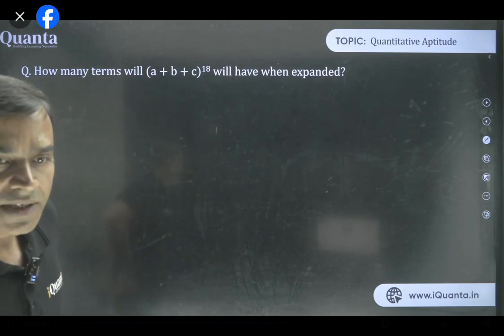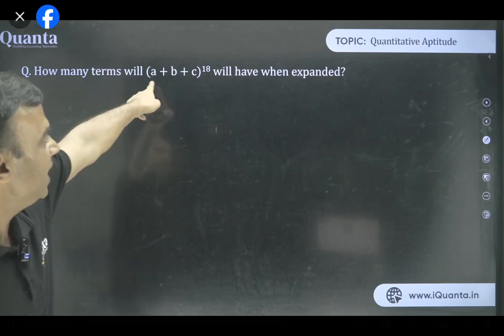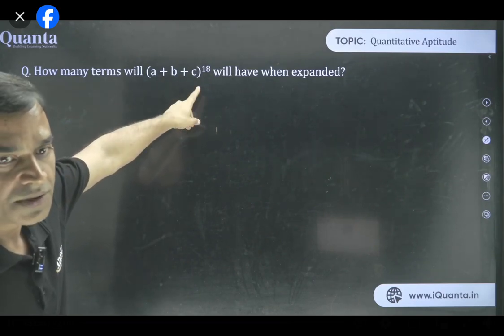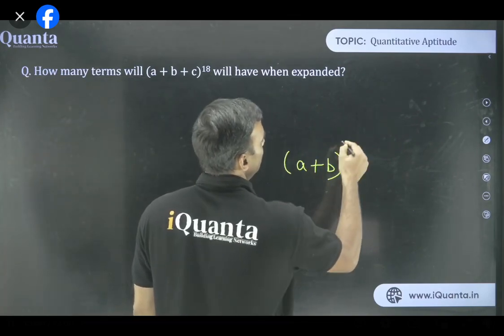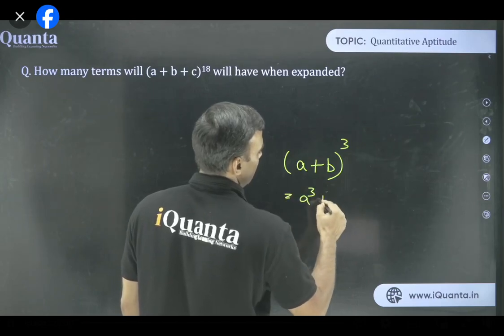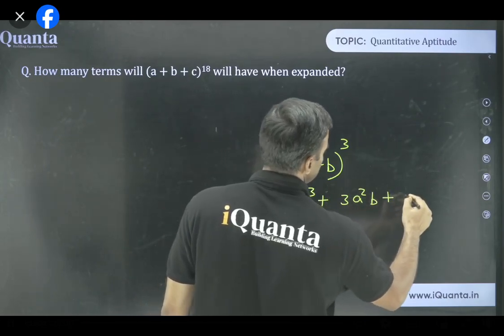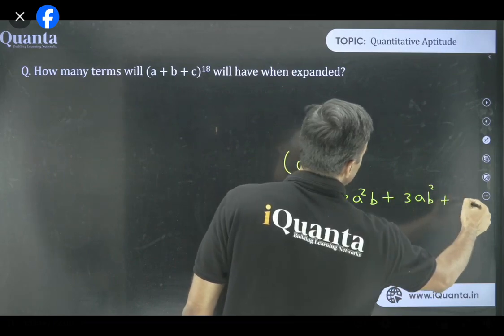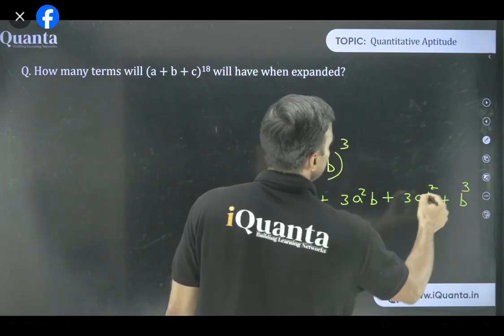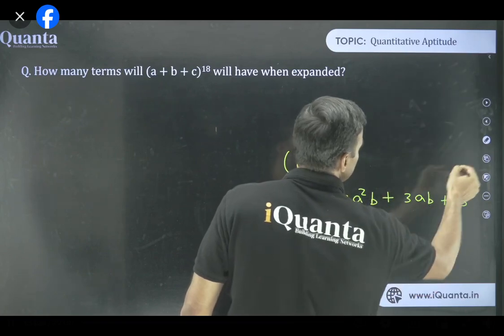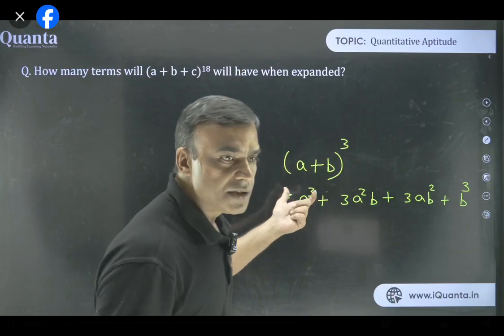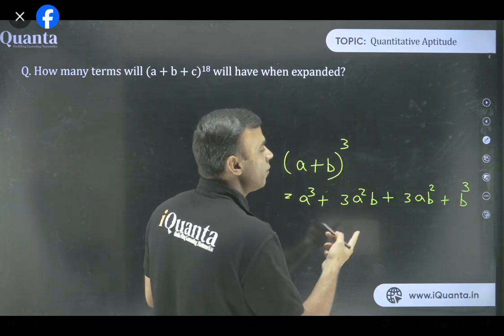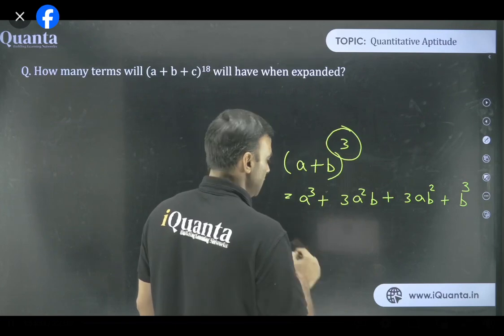No, not 19. Aryan, check, there are 3 terms inside. Okay, I'll show it to you. देखो जरा, a plus b whole cube. This is a cube plus 3a square b plus 3ab square plus b cube. I just mentioned one thing, that how are these terms created? Please listen to this carefully. These terms are created by distribution of power. What is the total power here? 3. So distribute